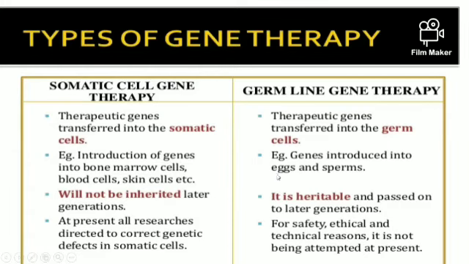If the mother is suffering from the disease, then you have to make the change in the egg cell. If the father is suffering, then you have to change it in the sperm cells. Once it is present in the egg cell or the sperm cell, it is inheritable, because the next generation comes with that inheritable character, passed on generation after generation, because it takes place in the germ cell. So it is very good and safe. For safety, ethical and technological reasons, it is not being attempted at present.